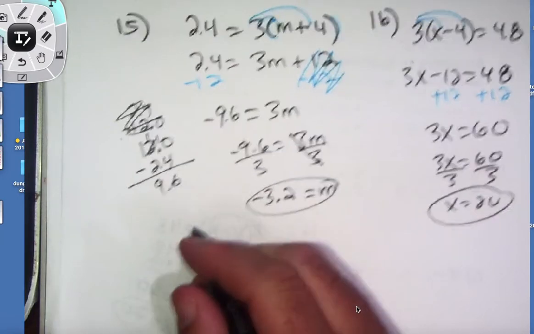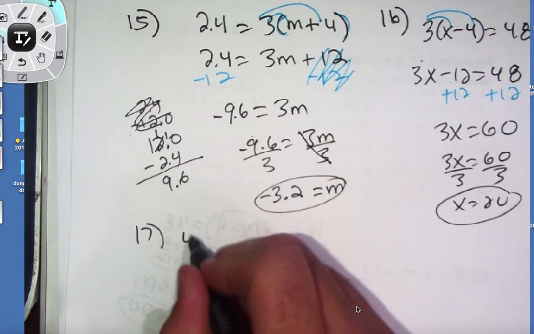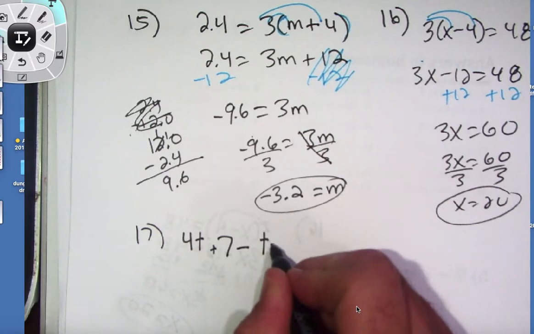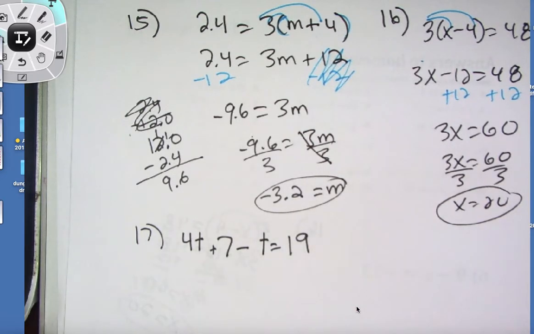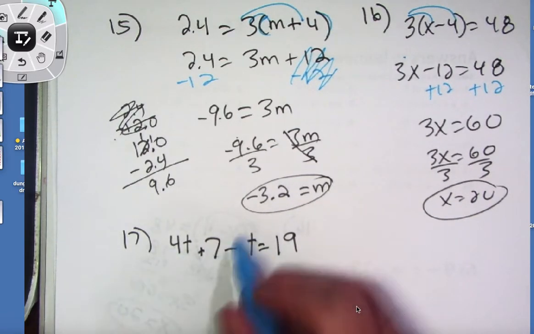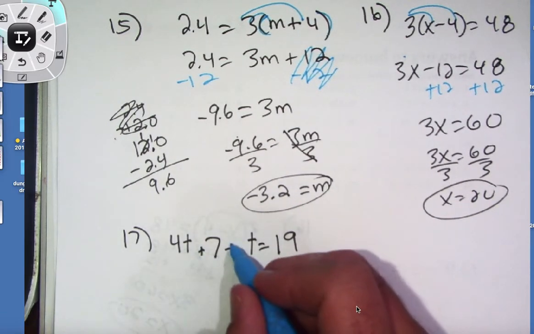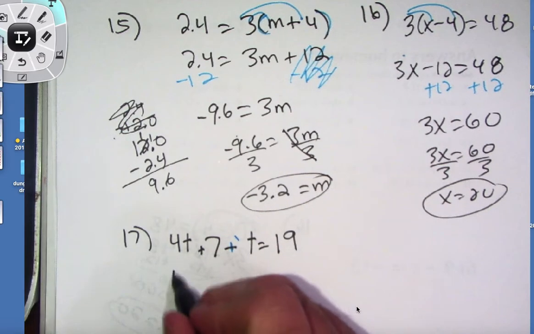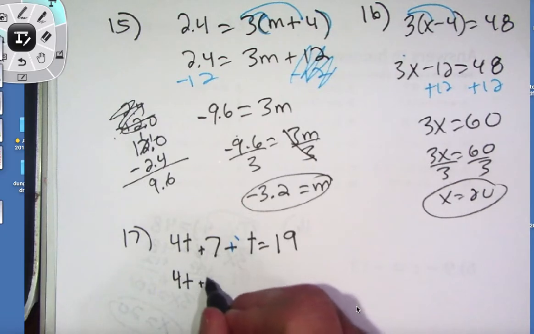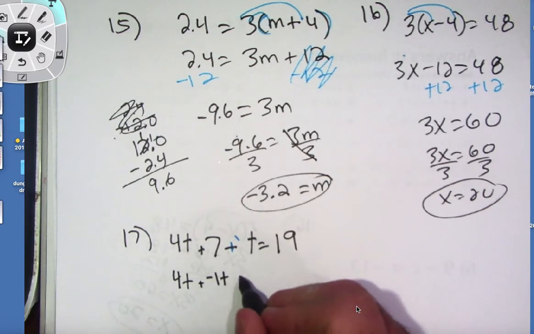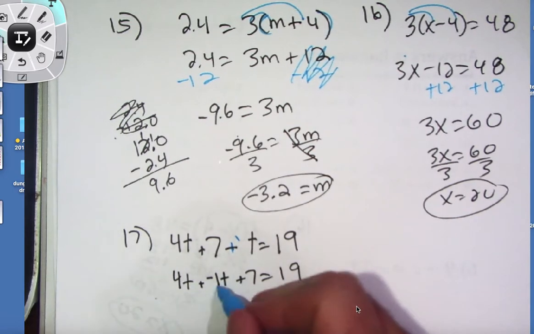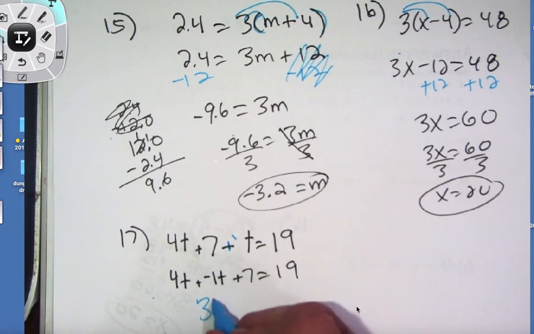All right, maybe we can fit the last two on this page. That would be great. So we get 4t plus 7 minus t. They should just never use t because it gets confusing with plus signs. Okay. One thing I haven't shown is that you can move the variables, change these orders as long as it's all addition. So we have, I'm going to put the t's next to each other. So 4t plus a negative 1t plus 7 equals 19. And 4 plus negative 1 is positive 3t